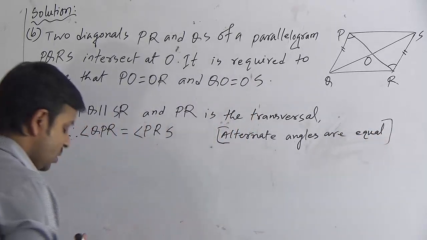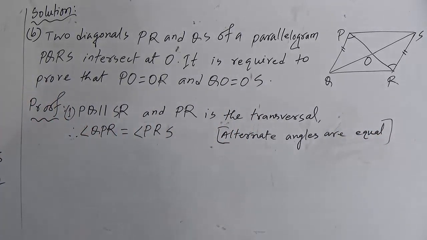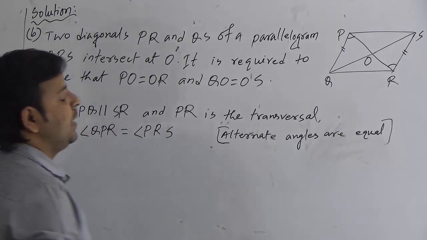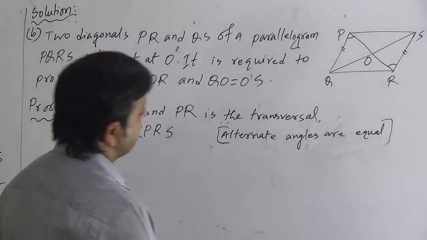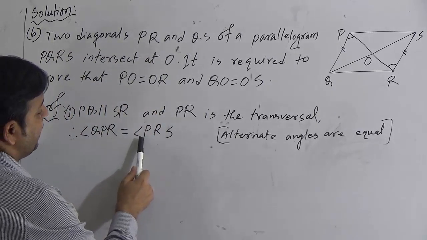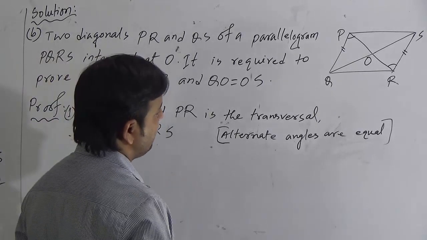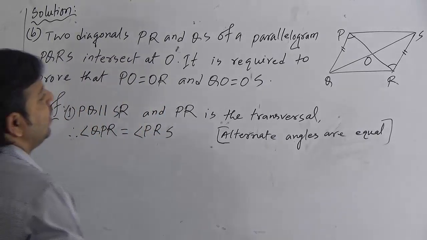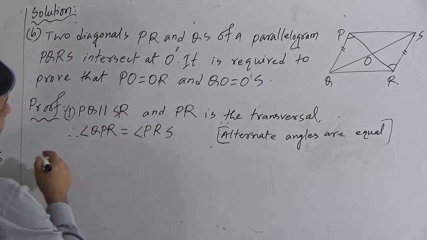When a line intersects two parallel straight lines, then the produced alternate angles are equal. As a result, angle QPR is equal to angle PRS. Okay, now we can write here